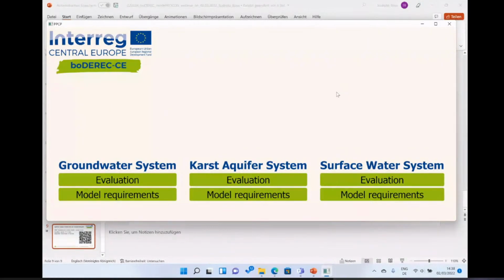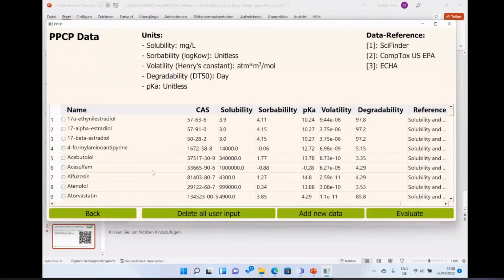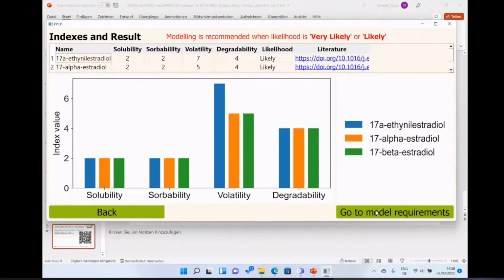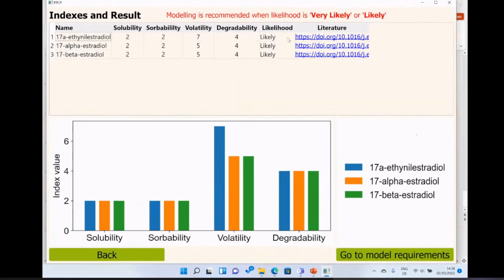Yes, thank you. Sorry, I lost the first part of the presentation, and I would like some explanation on the PPCP database, because we have a list of pollutants, and then if we select one or more of these, we skip to the histogram about the likelihood. The attributes unlikely, very likely, or others are only related to the 5 chemical properties in the table, and are not linked to the monitoring campaigns.